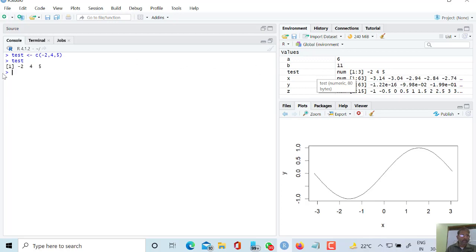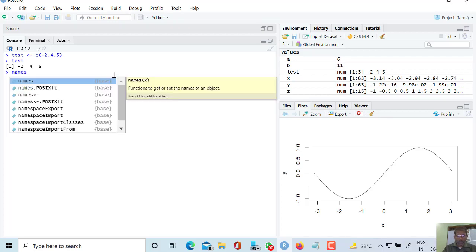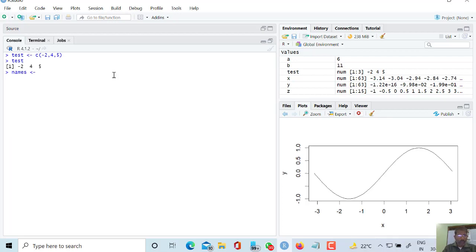So I can see that -2, 4 and 5, the vector has been created and checked here. Now again I am creating some vectors. Suppose names. So names, create.